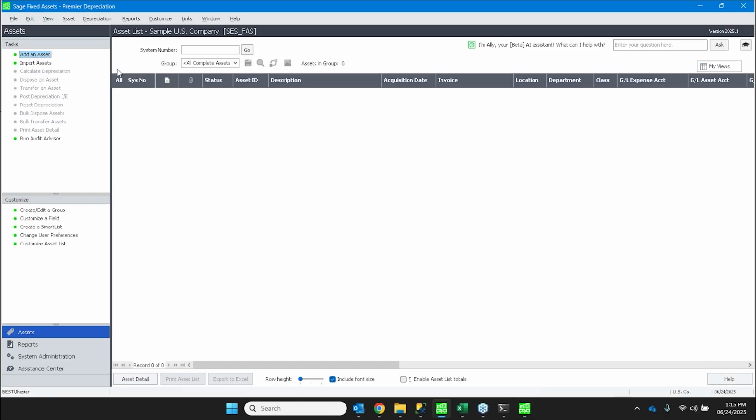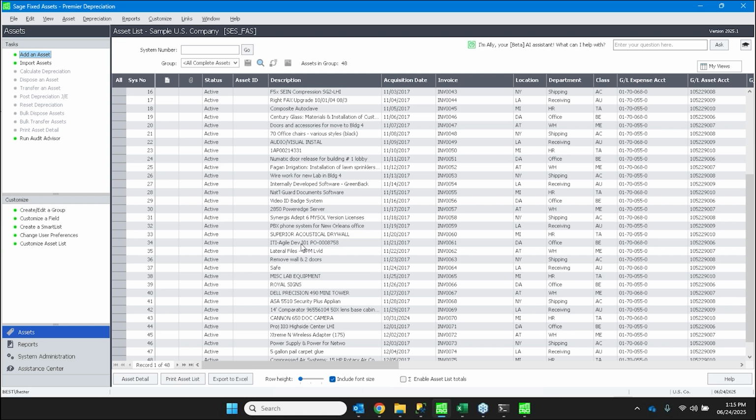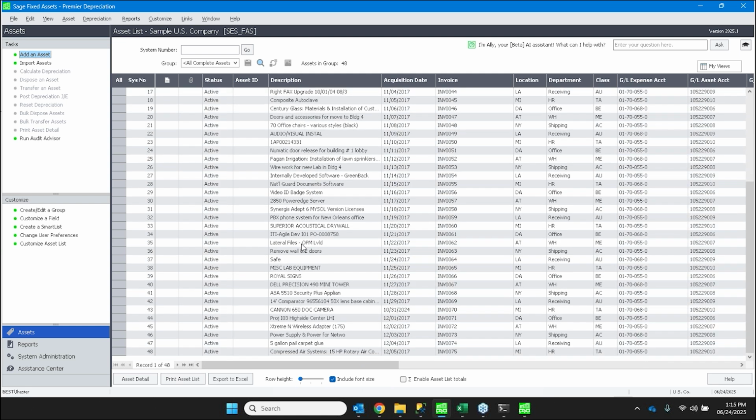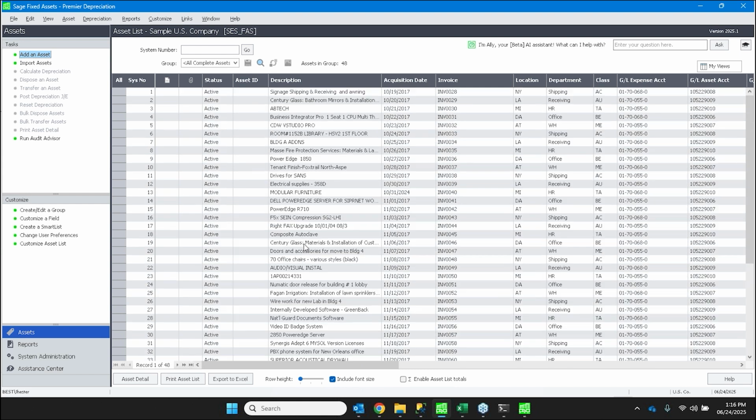And you saw that this company that had no assets, we're going to refresh our view here. And now we see we do have assets, and we have 48 assets. We had 2 companies in our file, 50 assets each. This is the company that the 2 rows failed on. So again, we would be able to go back and make those corrections and use that same file to import